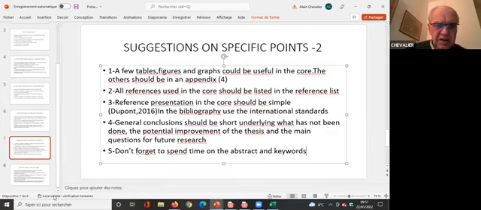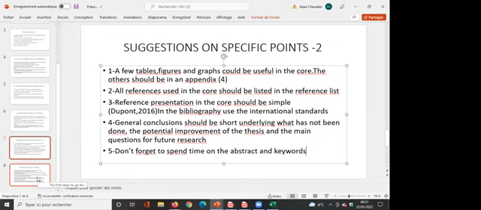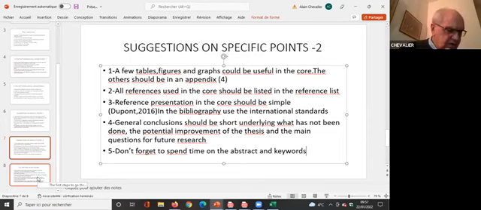Last point here. Don't forget to spend time on the abstract and keywords. I just want to say here that the abstract is not a summary of the introduction. An abstract is a summary of the